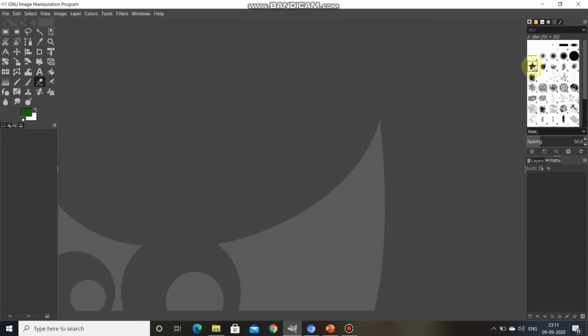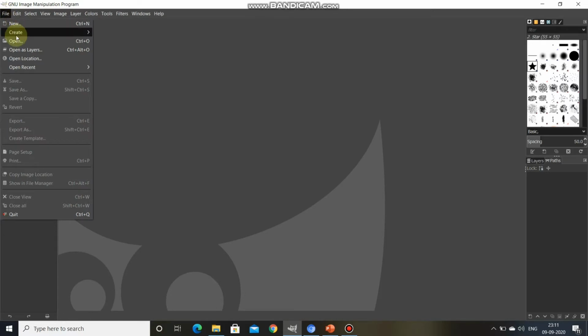First we will open an image in this GIMP window. How do we open the image? We will go to File first and click on it. From there we will click on Open an image file, which opens an image file.